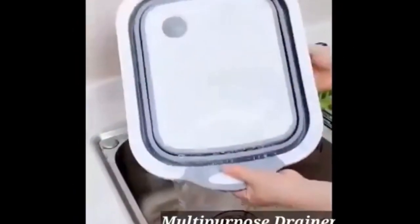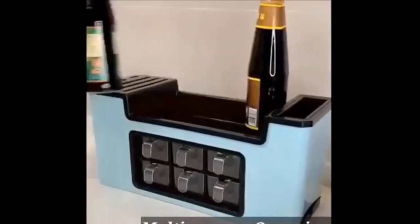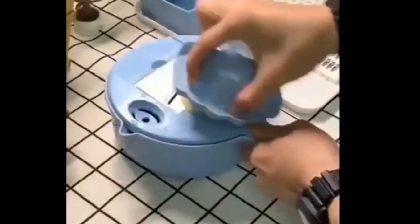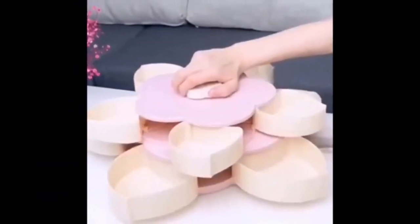In today's video we are going to present different types of best space-saving kitchen organizer design ideas. The kitchen is often the most used space in your home and the least loved. Half-filled spice jars can clutter your countertop. Piles of mismatched containers and lids can overflow from your cabinets. And coffee filters and paper plates can get crammed in your pantry alongside bulky boxes of cereal and bags of